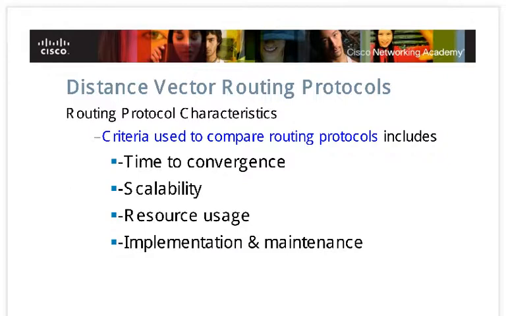Resource usage. Resource here, we mean by resource the memory. So the router has certain resources in terms of memory size, in terms of CPU processing power, and the bandwidth of the link, which is consumed by the route updates. So these are examples of resources that we care about here in terms of resource usage. So resource usage here refers to memory size,